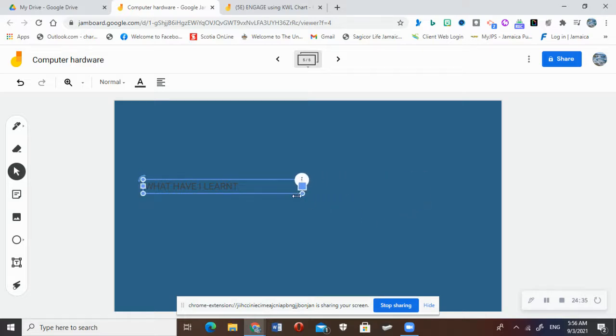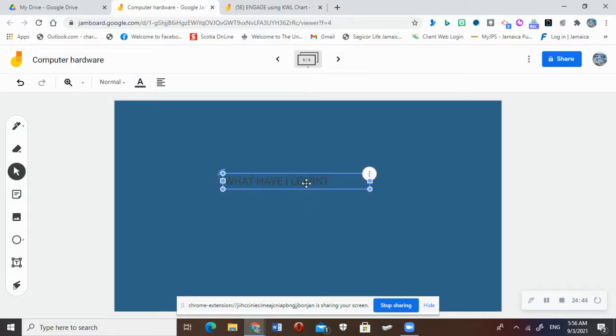And here, right? So the students would still be able to place their sticky notes, or if you prefer, you could also use